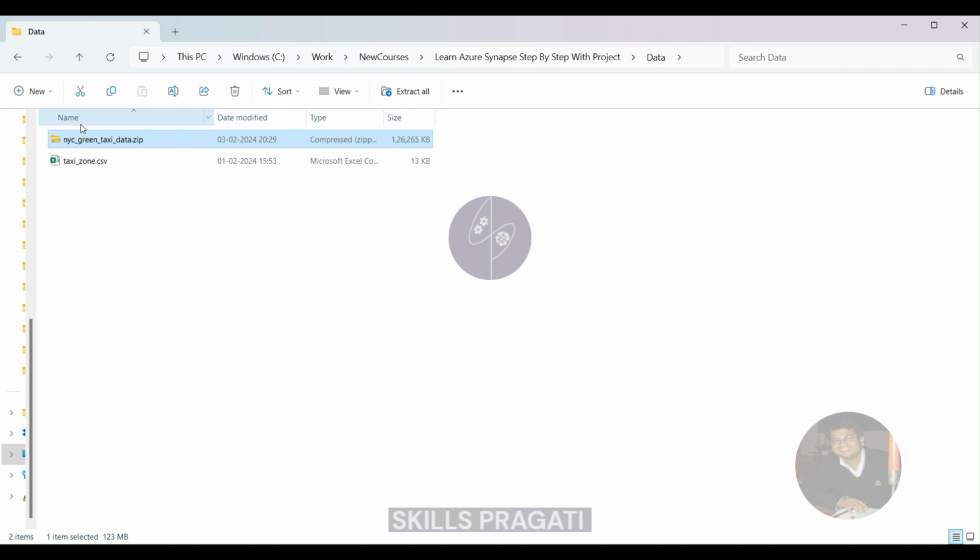What I have done already is take all the files that we need for our project, add all of them into a zip file, and call it nycgreentaxidata.zip, and I've provided that as part of the resources in the course material. I've already downloaded the data, so you want to download the data into a folder of your choice on your laptop and uncompress the file. When you uncompress the file, you will end up with a folder